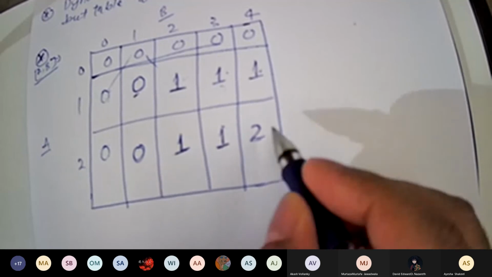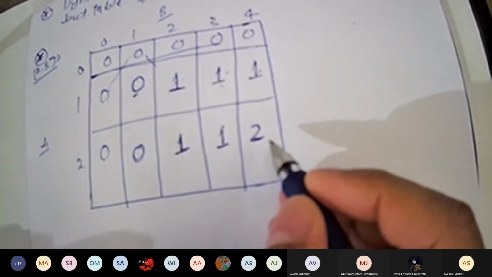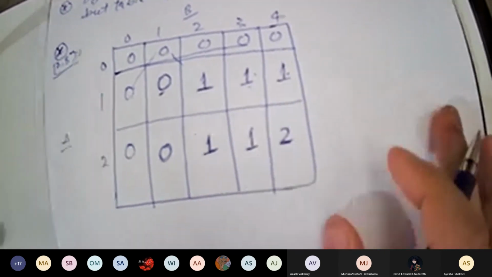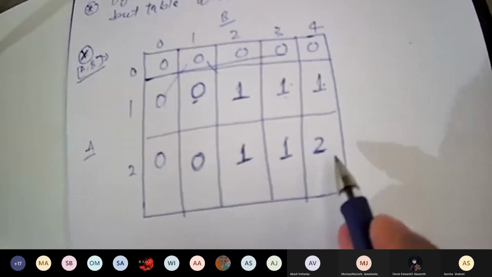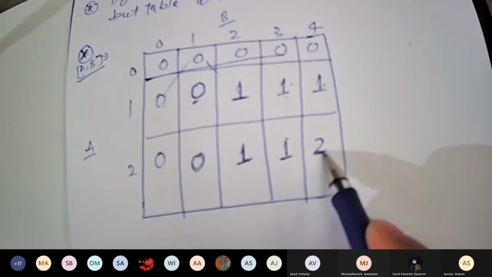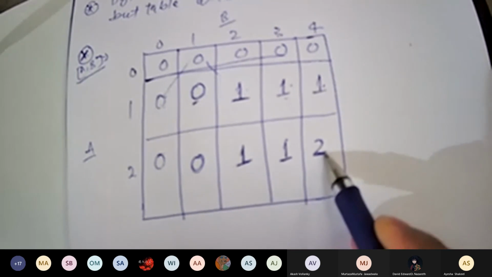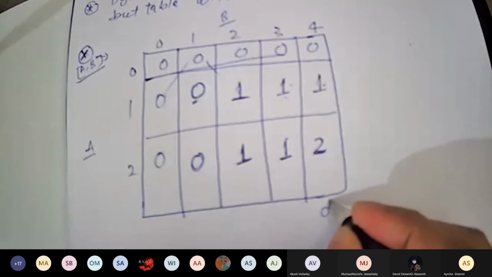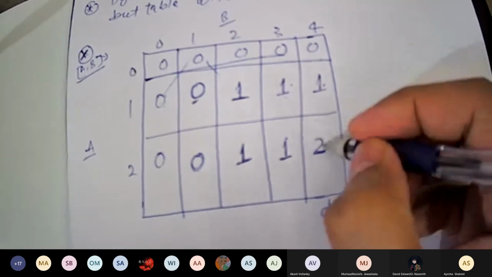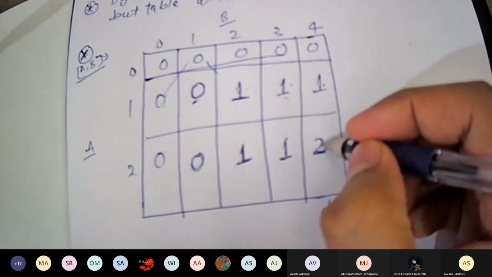So what is the maximum sequence here? So this is easy, how to fill these values. Yes, sir. Now what is the maximum sequence and what is the sequence actually? So here 2, and actually this is D. And this 2 value, you got it from where?